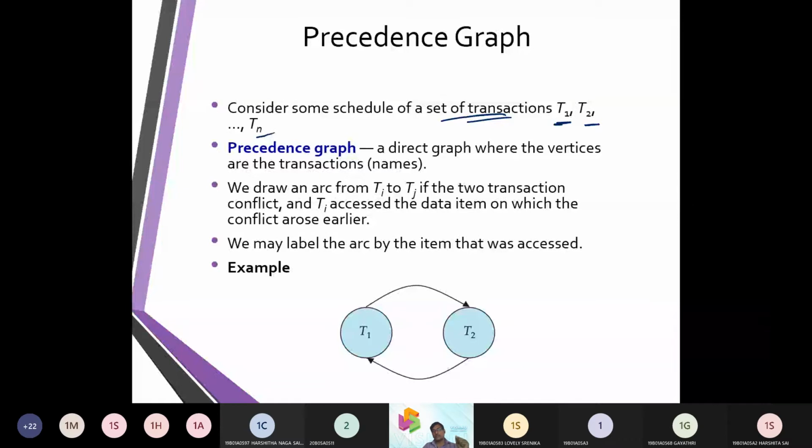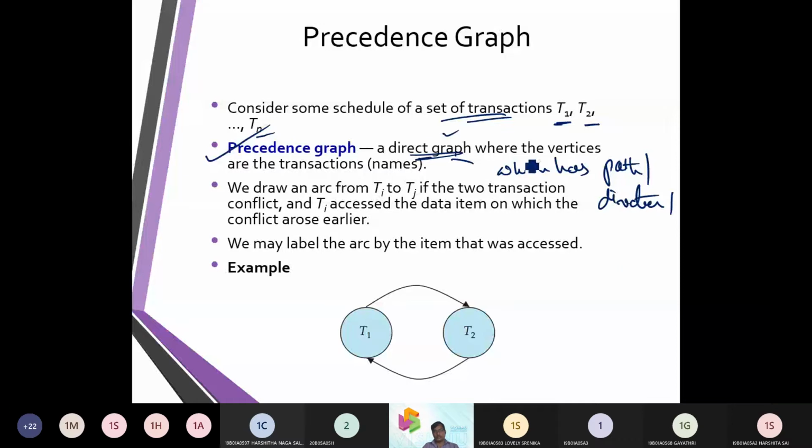To check these transactions, we need to observe the precedence graph. This precedence graph is going to be a directed graph, which has paths that have direction.